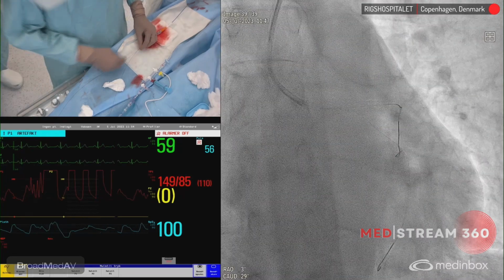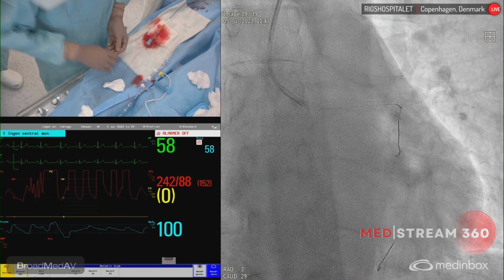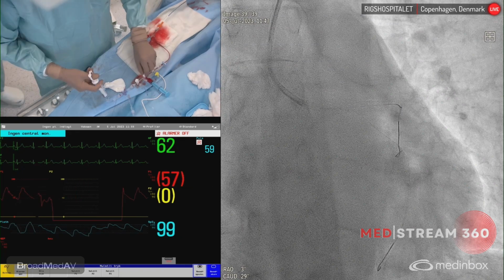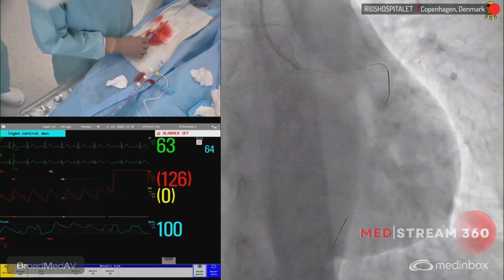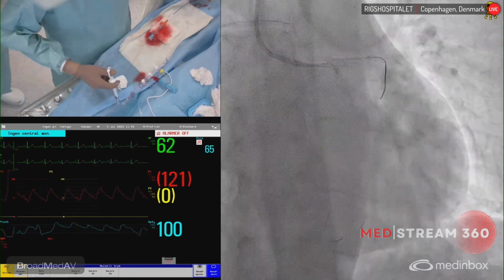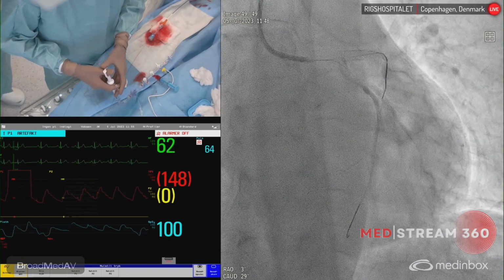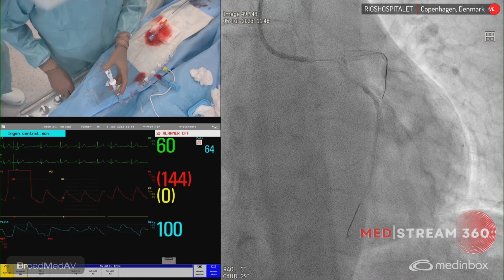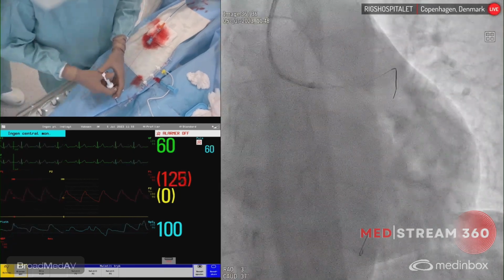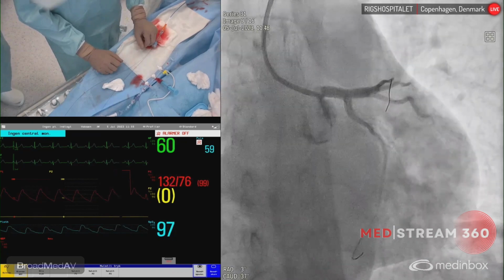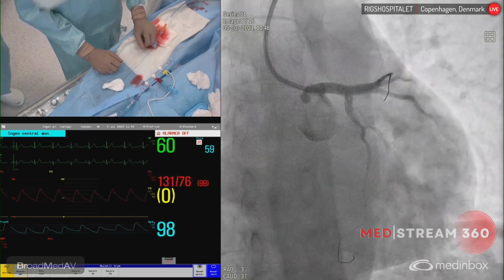Make a small puff to see whether the circ is open. You consider rewiring it. Let's just see what the circ looks like. We shouldn't touch it too much. We're discussing whether we should do a kissing of the circ. It looks very, very good. So I'm not in favor of a kiss if it's completely open. I'm not sure. I think I would go for the IVUS now and see whether you need to post dilate